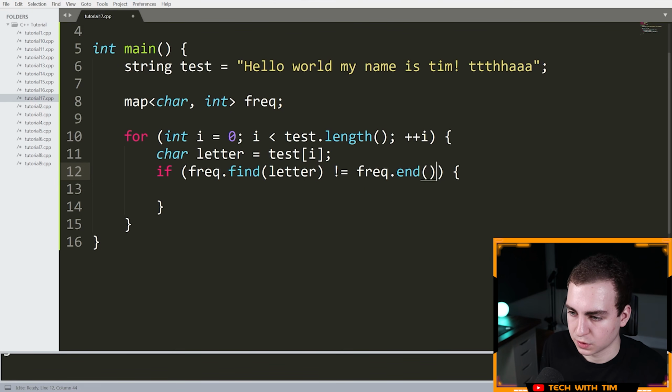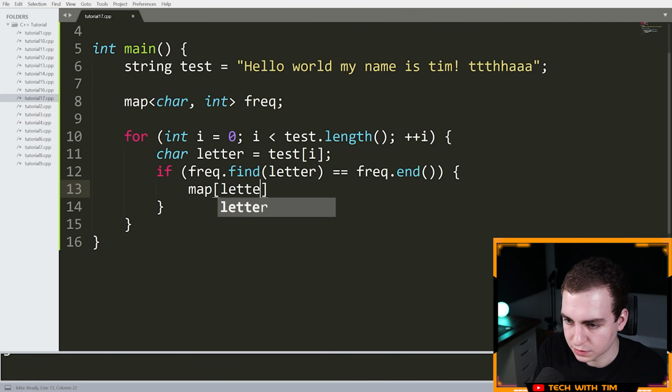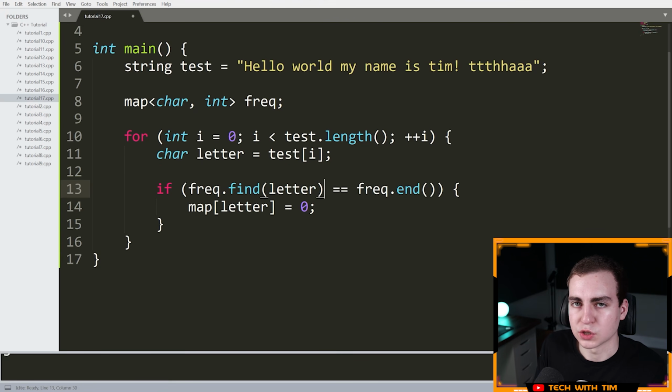I'll explain how this works. In fact, I'm going to say freq is equal to... Then what I'm going to do is say map at, and this is going to be letter is equal to 0. Okay, so when I write dot find, what dot find is going to do is return to me an